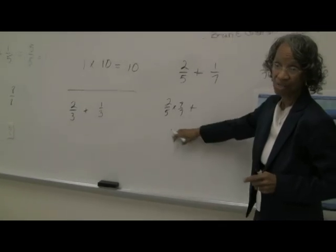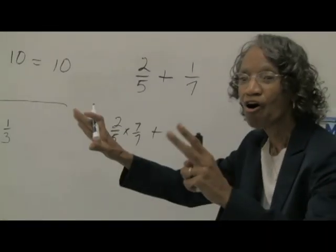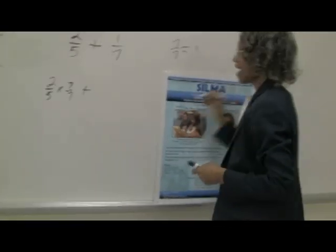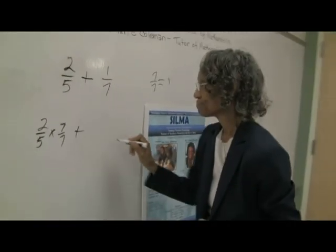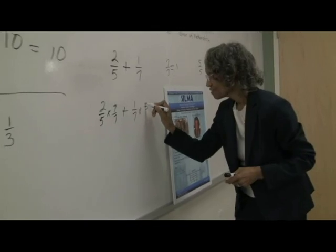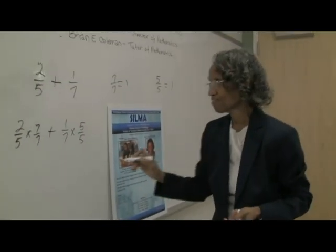Did we change 2/5? No. The form, but not the what? Value. Right. We're going to take 5 and write the denominator over here and write the form of 1, 5/5. And we're going to multiply what? 1/7 times what? 5 over 5. 5/5. Okay. Now we have...